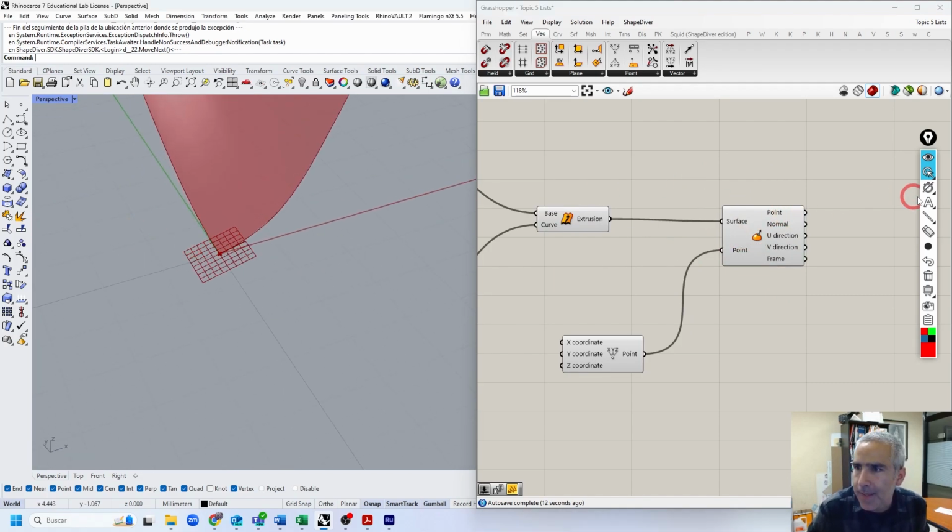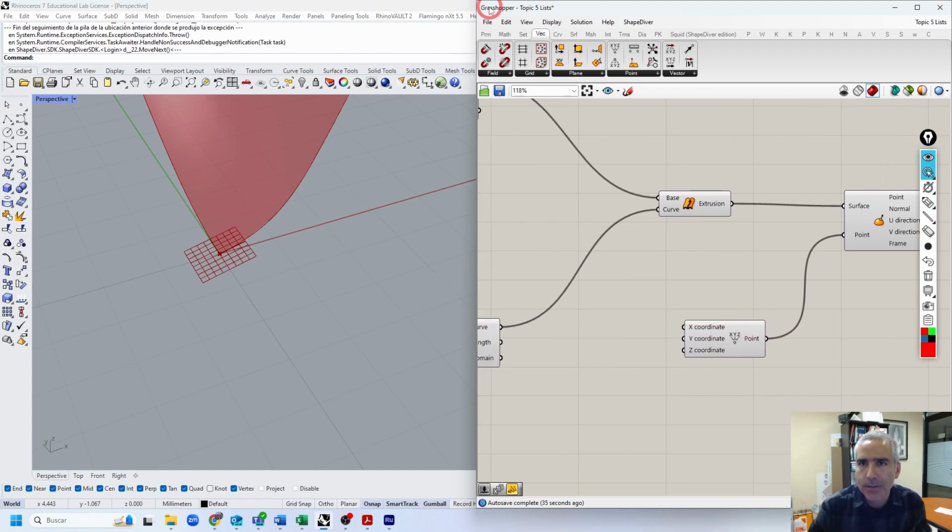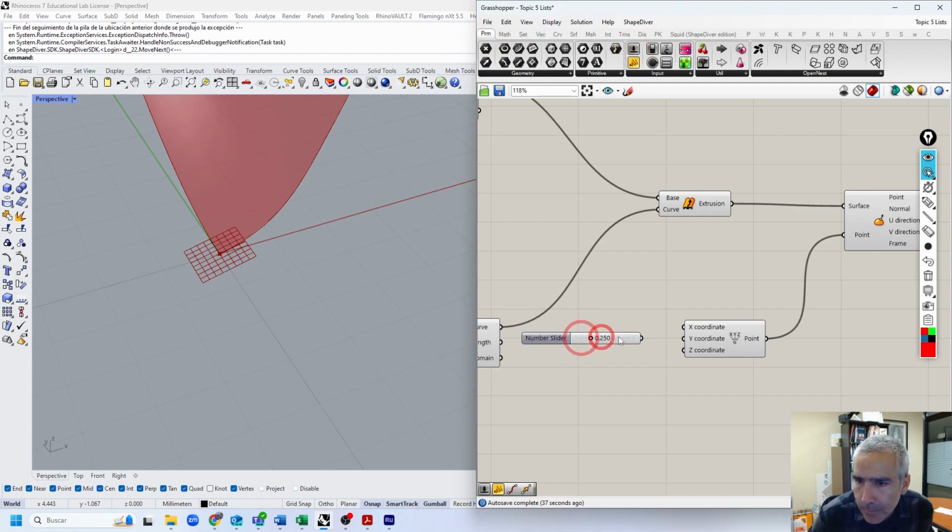It's giving us the actual point, which is this little cross right here. It's giving us a normal direction, which will be the normal vector. It's giving us a frame, which is the tangent frame to the surface at that point. So let's see, for example, if we change these coordinates, let's just grab a slider and then